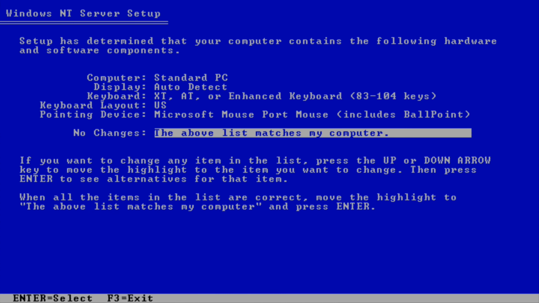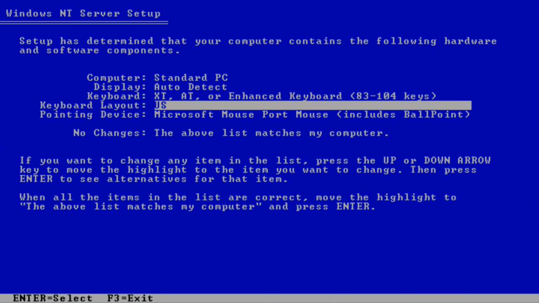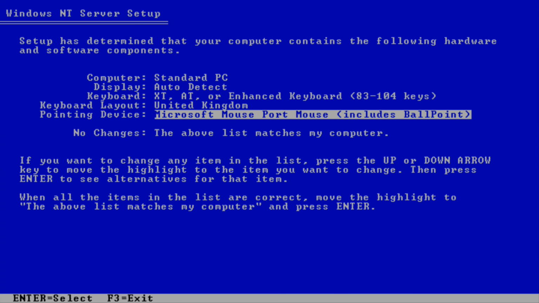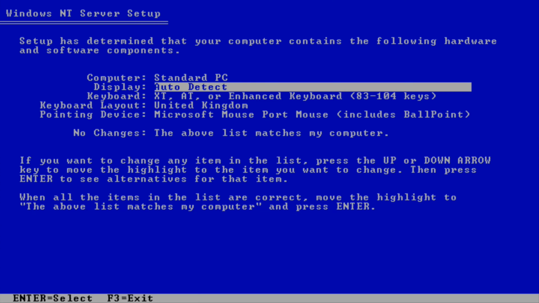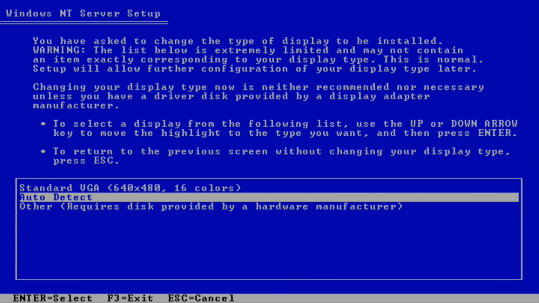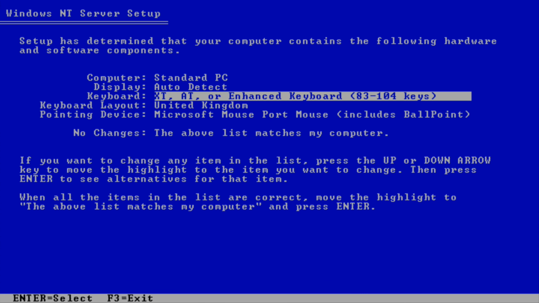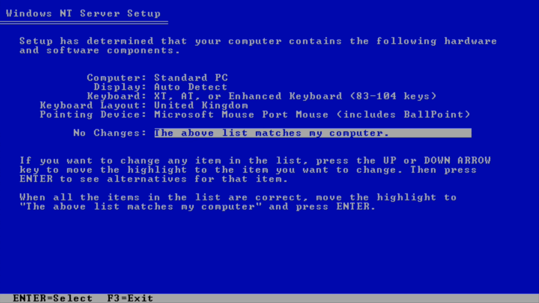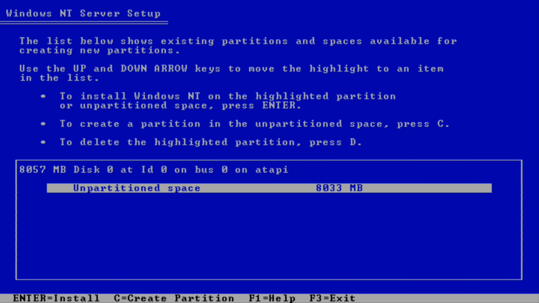And then there's no changes, so I'm going to set the keyboard layout to US, United Kingdom, and then the display should be set to auto detect, which is okay. And then we're going to set the keyboard to, I'm going to leave it as Win XT, AT, or enhanced keyboard, no changes. And after that, we're going to press this, and then we're going to install it to unpartitioned